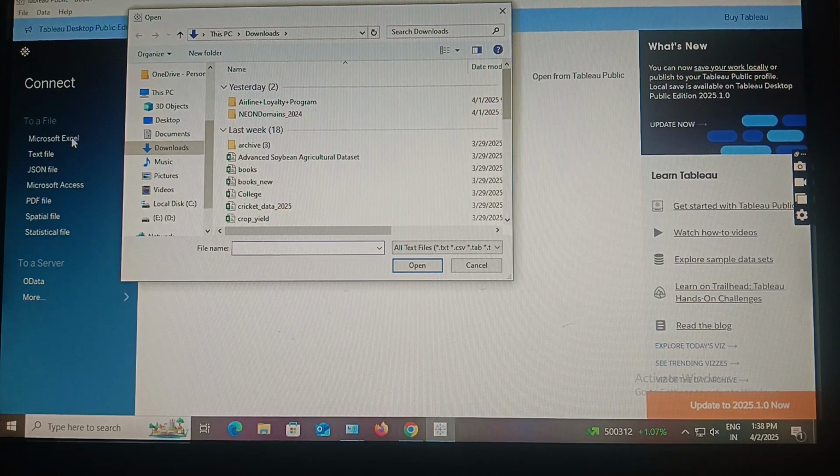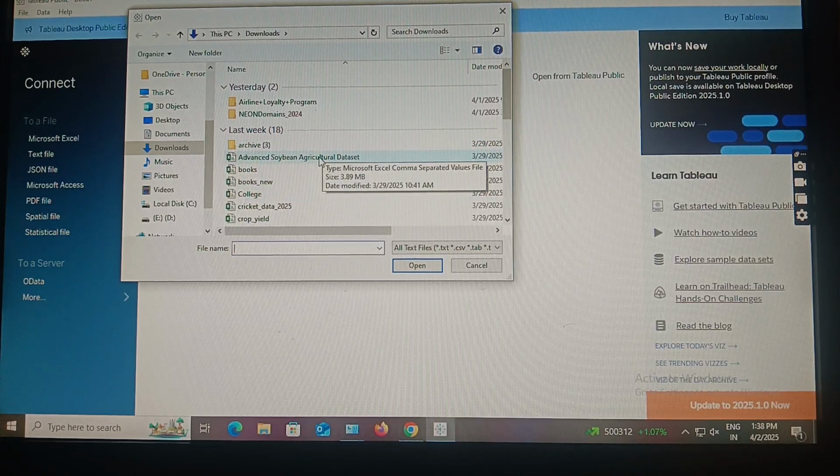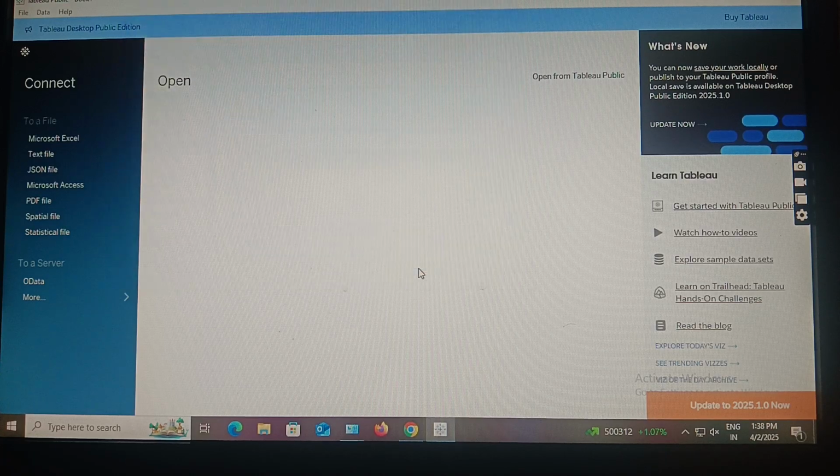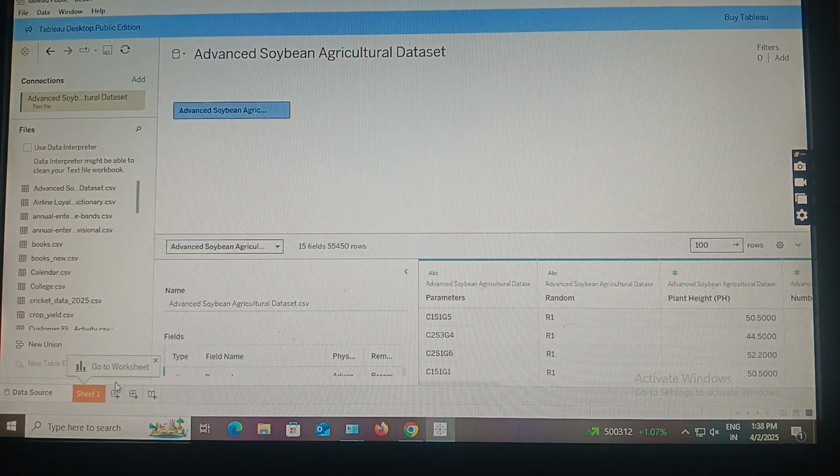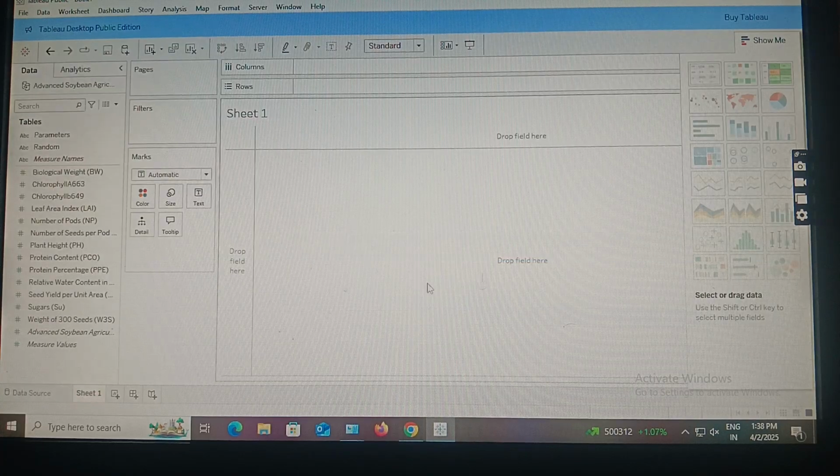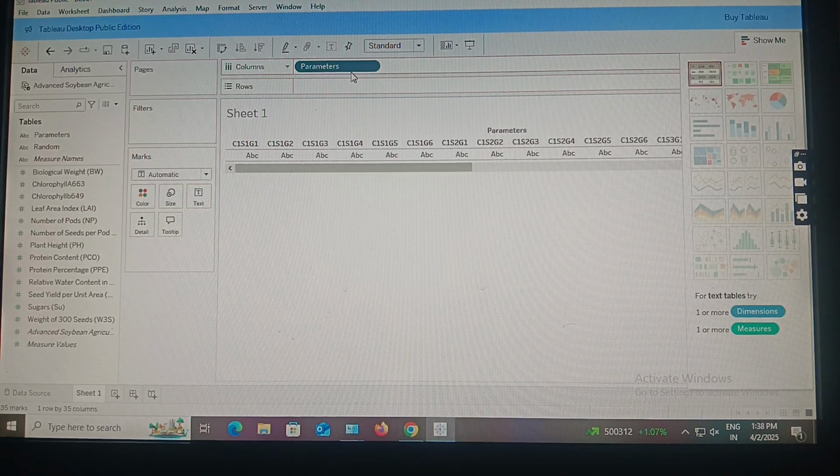If I want to import the Excel file, then I have to choose Microsoft Excel. And I will just pick the advanced soybean agricultural data set. I'm just opening this. Let us go to the sheet. Okay. Now I will choose my grain. I will take this as parameter, and